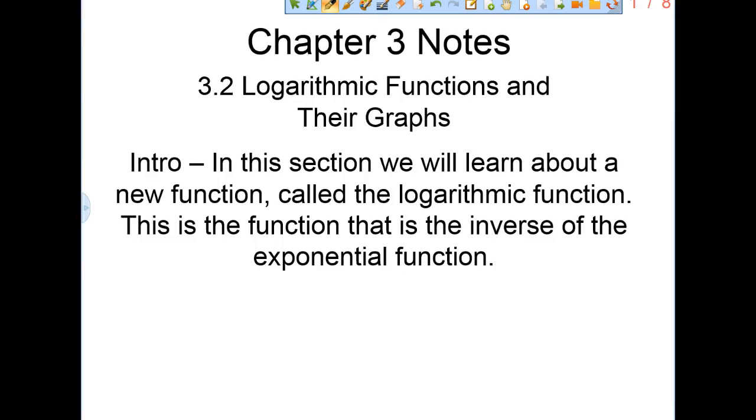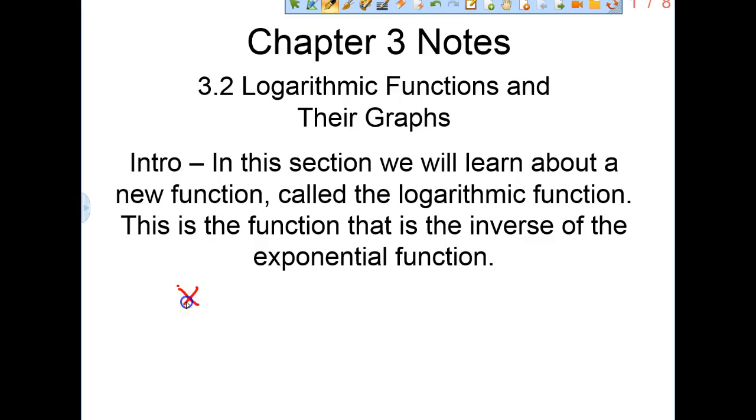So in section 3.2, we are discussing logarithmic functions and their graphs. In this section, we will learn about a new function called the logarithmic function. This is the function that is the inverse of the exponential function. So, for instance,